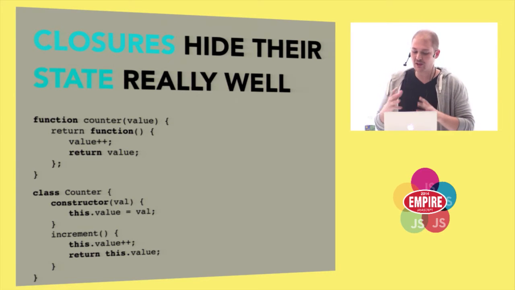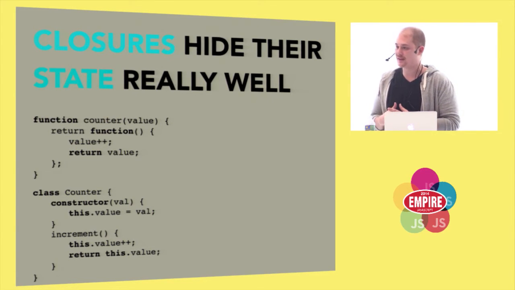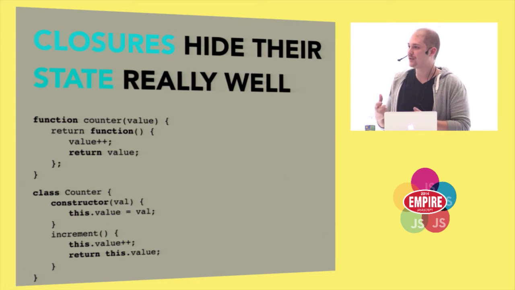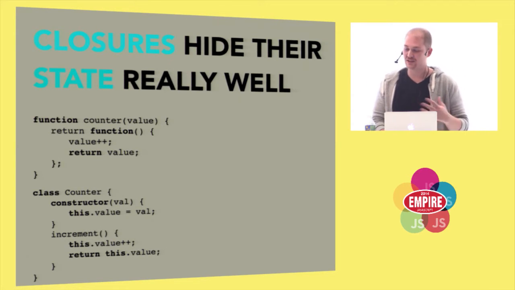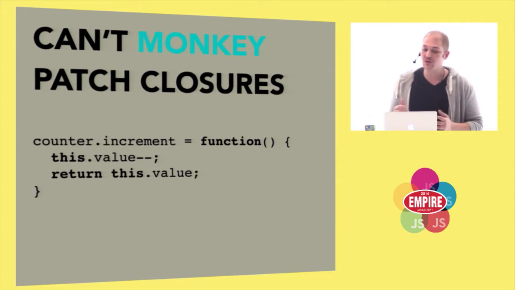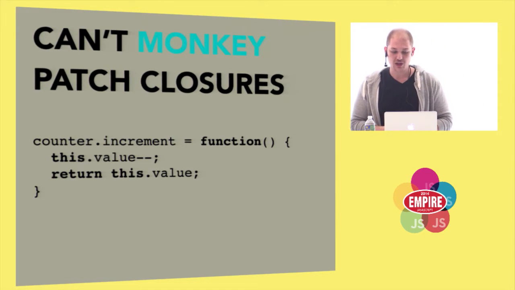Using classes, you can look up counter.value from the outside. Closures really hide their variables really well, which is valuable for production apps, but it's going to be hard to get at the insides of the module and be able to watch it change over time and test it out. And you can't even change it. Sometimes in debugging, you want to change values just to get a feel of what would happen with your application, just to test it out. You can't monkey patch closures.